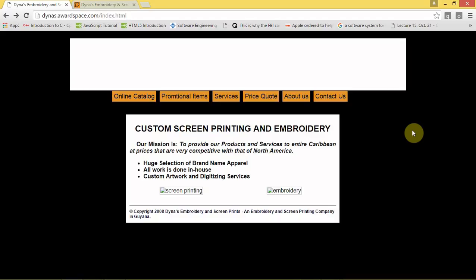Continuing along the line, another web design heuristic that is violated is poor visual design coupled with poor functionality. Now, the Diners Embroidery and Screen Prints website, a tool that was established and is being used by the company to extend its line of advertisement, has violated this web design heuristic with its inappropriate-to-the-eyes usage of font size, as you can see. Also, the background color, the total space, which is just this small area here, and